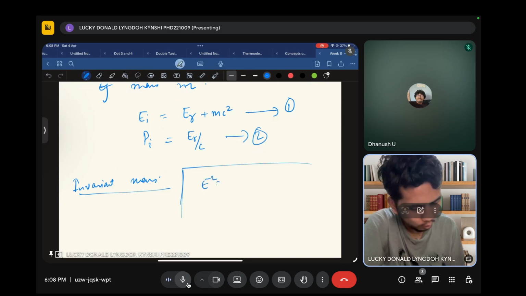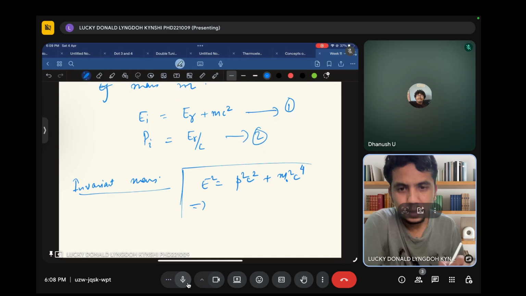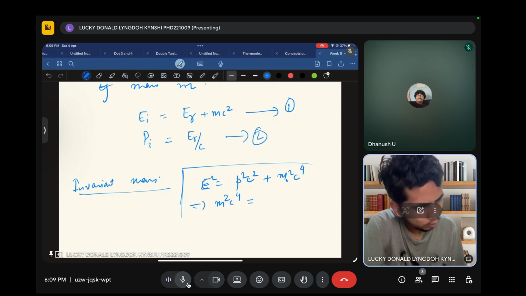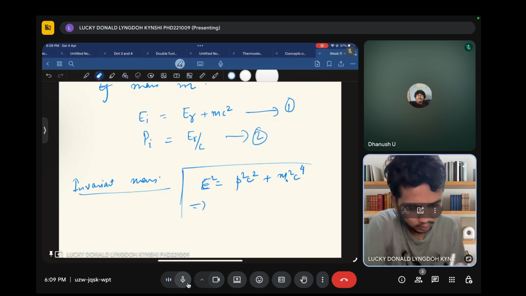E square is equal to p square c square plus m naught square c to the power 4, and this we have seen in quantum mechanics. E is also equal to mc square, so we get m square c to the power 4